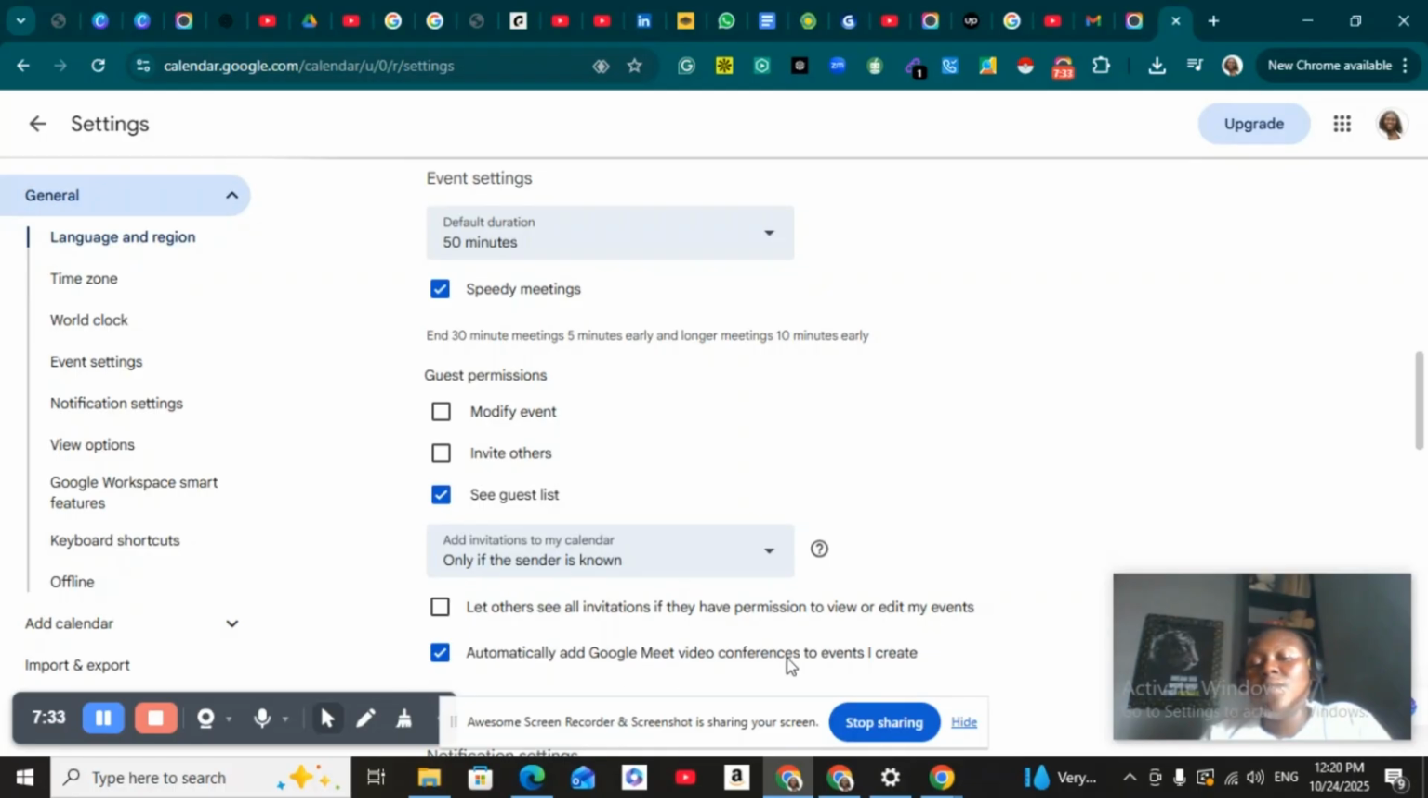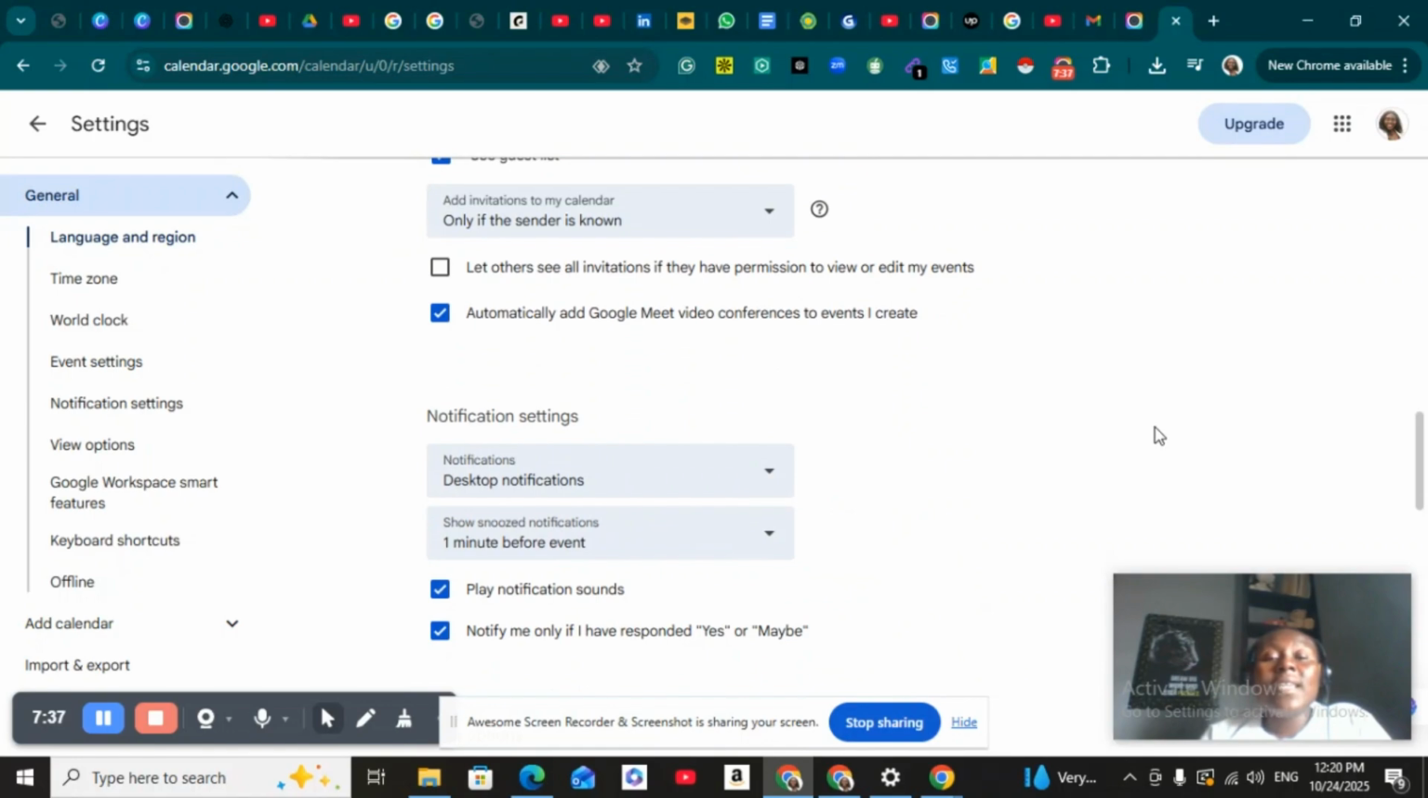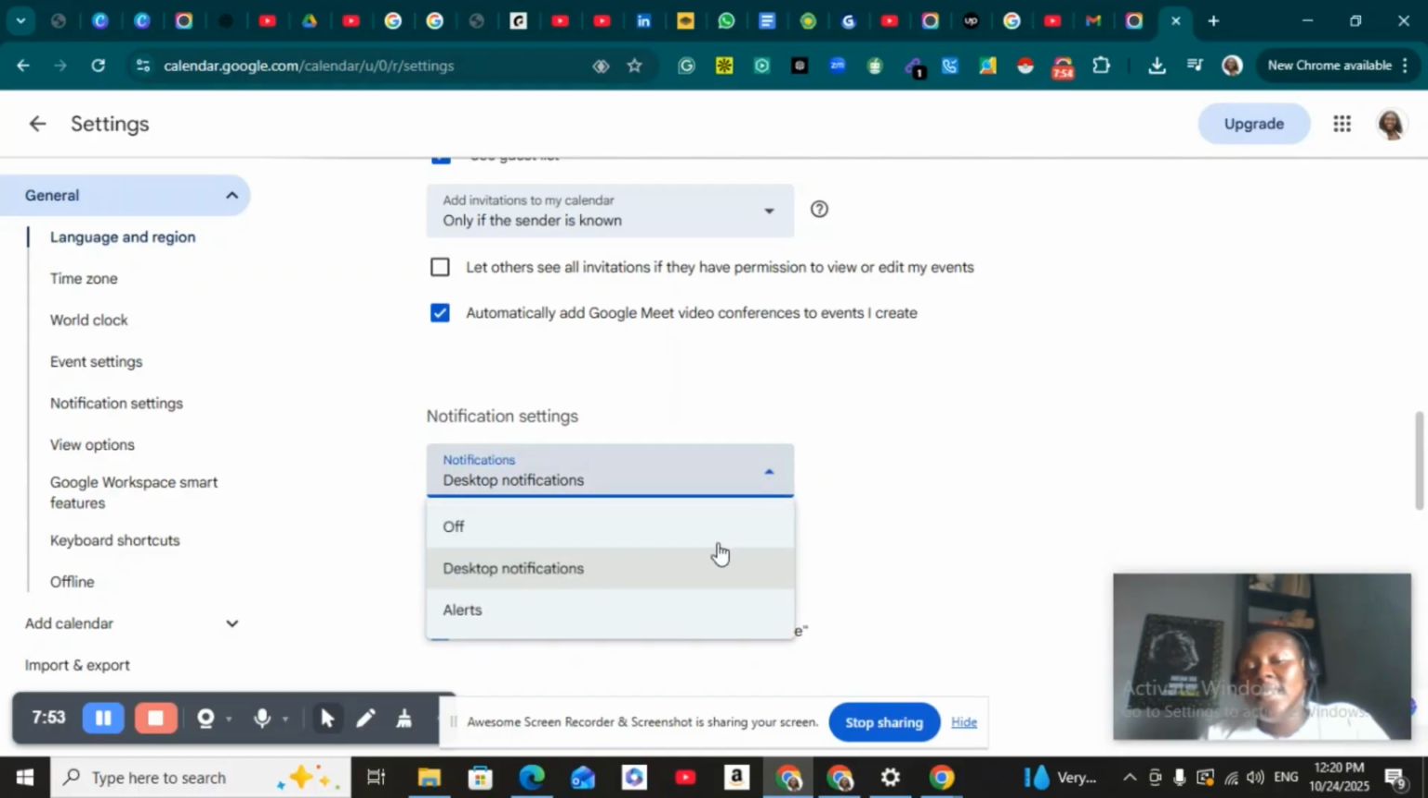Automatically add Google Meet video conference to events. This means the Google Meet link will be added to the events that I create for my clients and their clients. Now, these notification settings, if you want, this one is desktop notification. That means they will receive